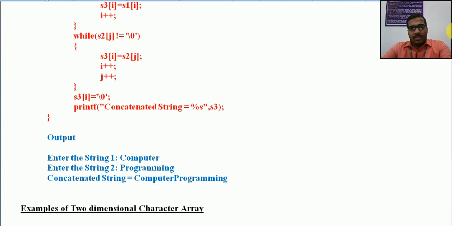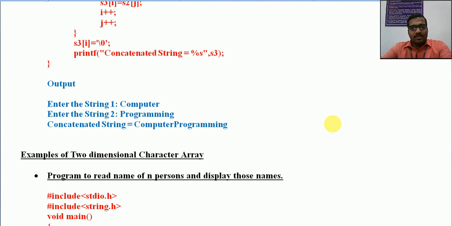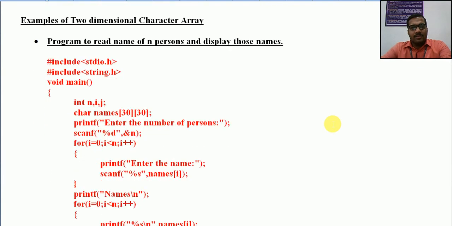Now let us see a different concept called the two-dimensional character array. What are these two-dimensional character arrays? Suppose you want to enter multiple names.